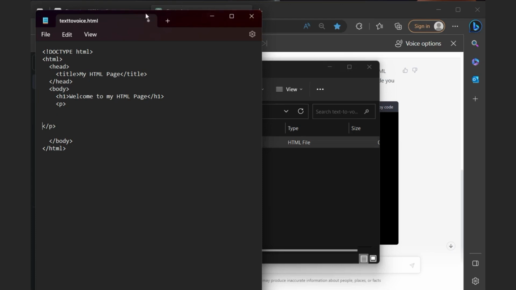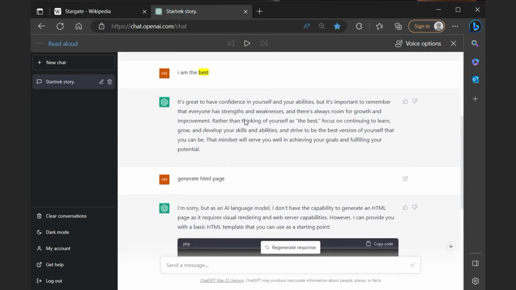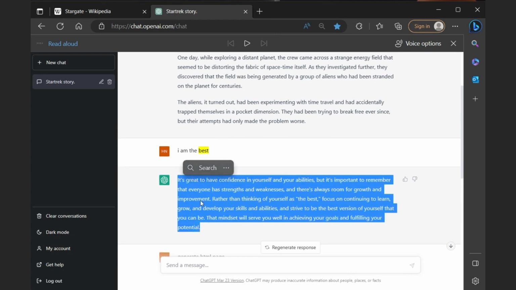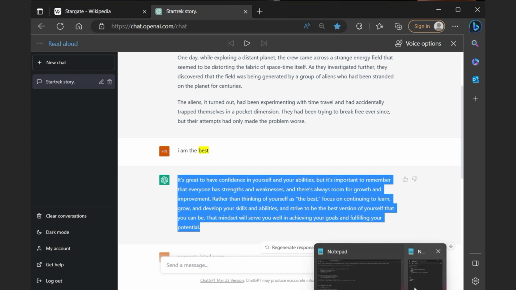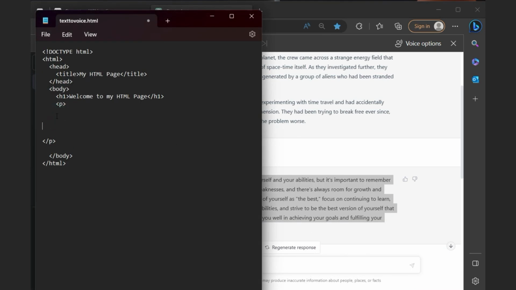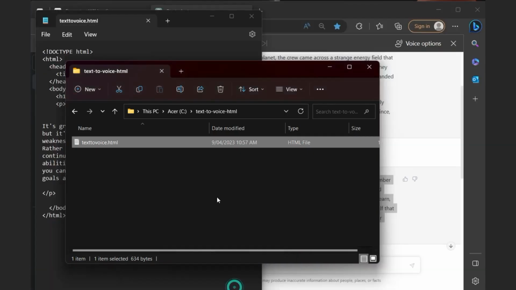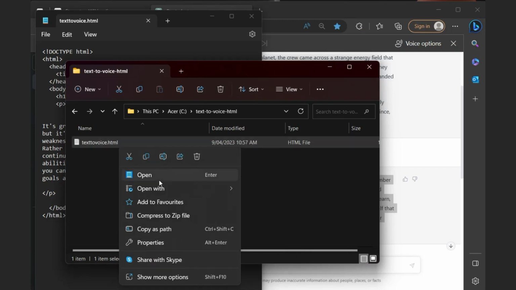So then, if we go back to ChatGPT, grab this text as an example, copy that, go back to page, paste the text, Control S to save. Now that we've saved, open this in Edge,